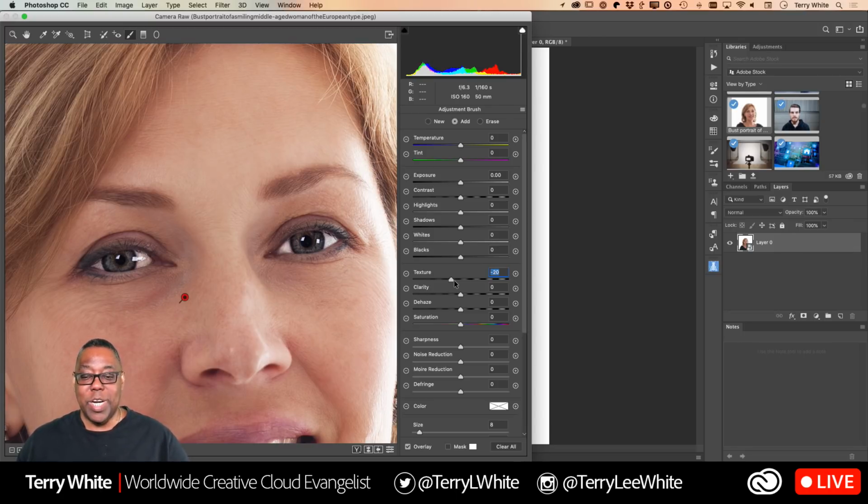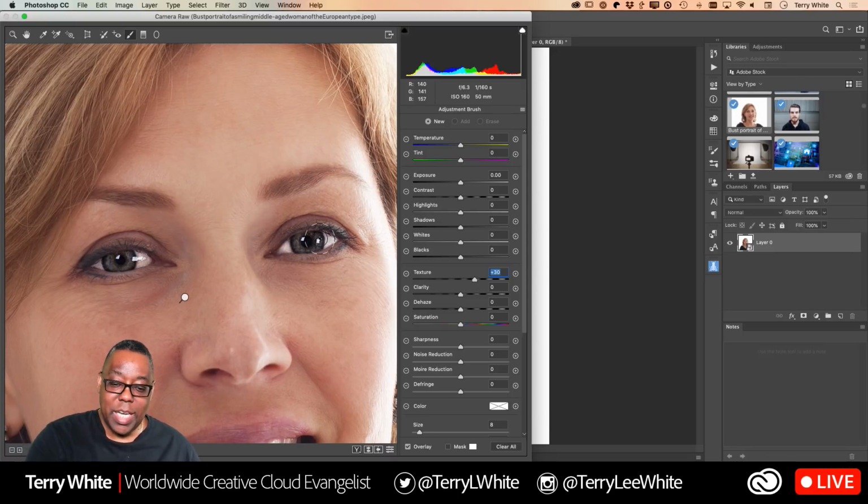Now, let's say that I did want to go the other way. I want to add texture to the hair and to the eyes and areas that I want to have a little bit more detail. So in that case, we would click New. On the adjustment brush, we want a new brush. We want the ability to paint without affecting what we just did. So I can click New. It gives me a new brush, and I can go texture the other way without affecting the one that I